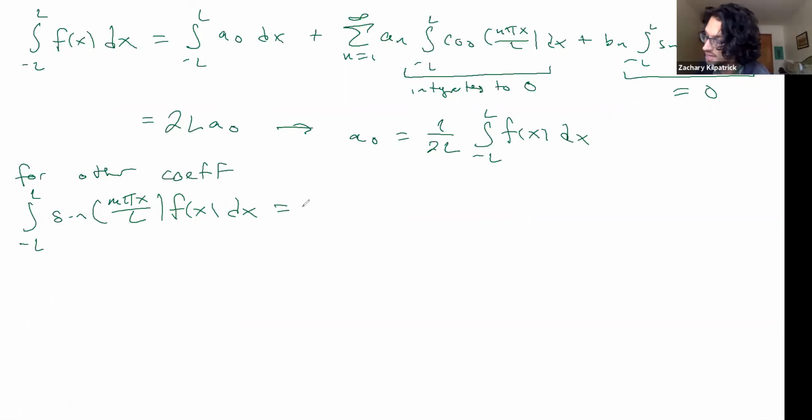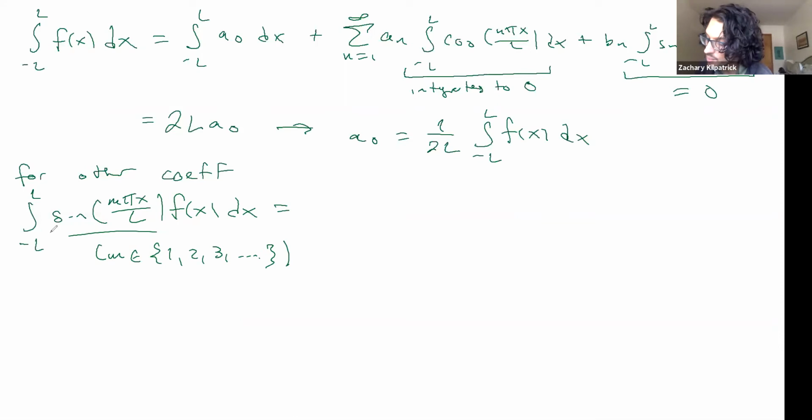So if I integrate f now against sine of m pi x, right, where m is some integer, or natural number, I guess, in this case, some positive integer, right,